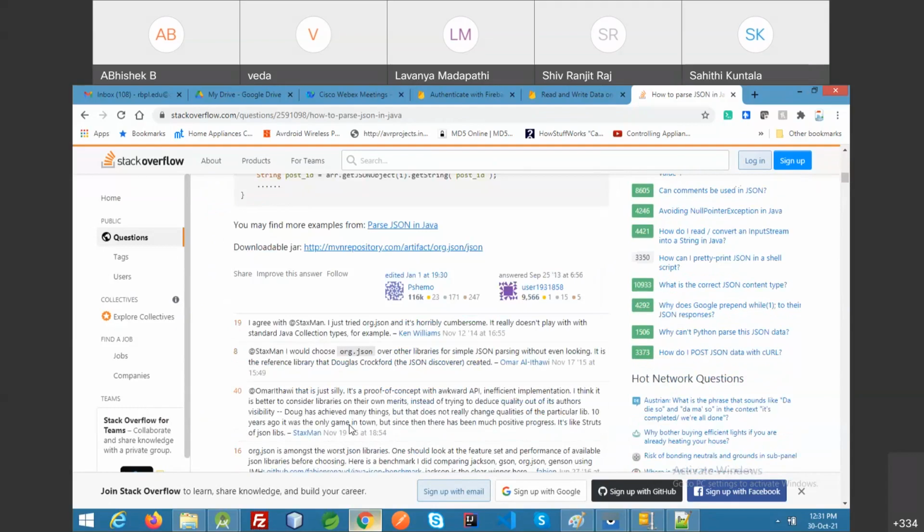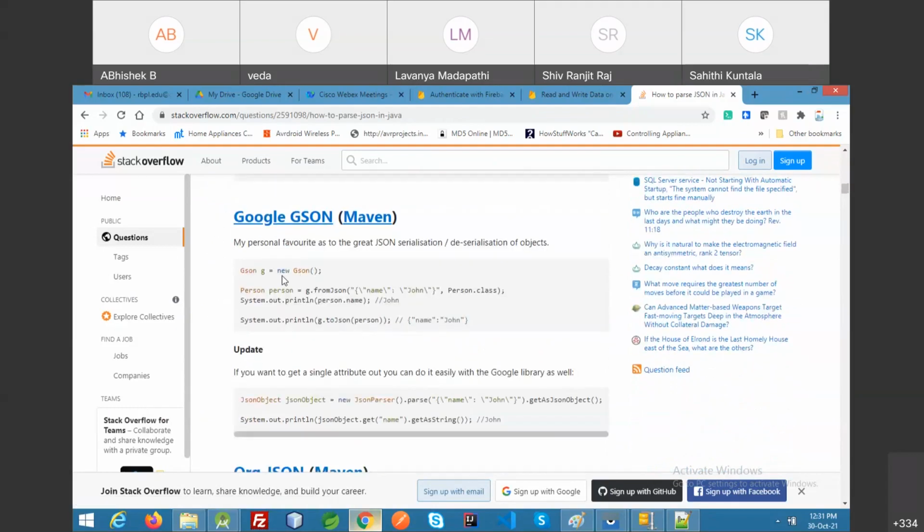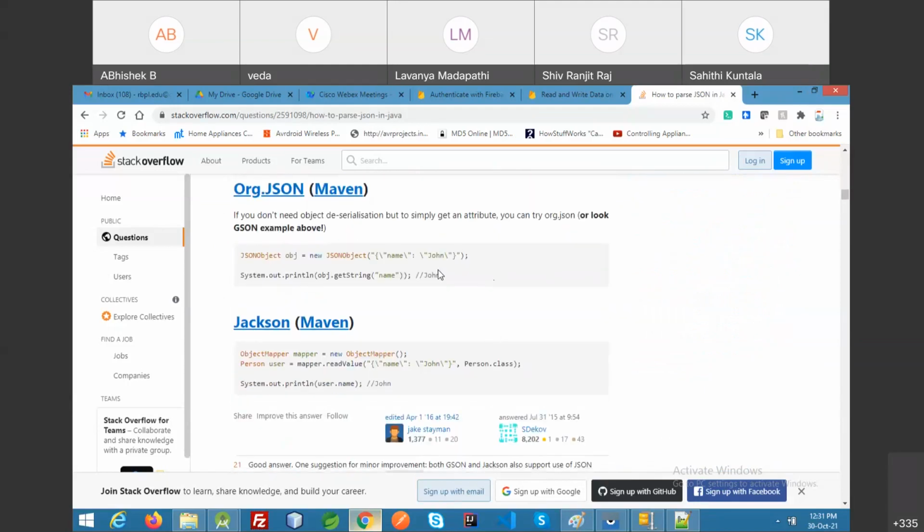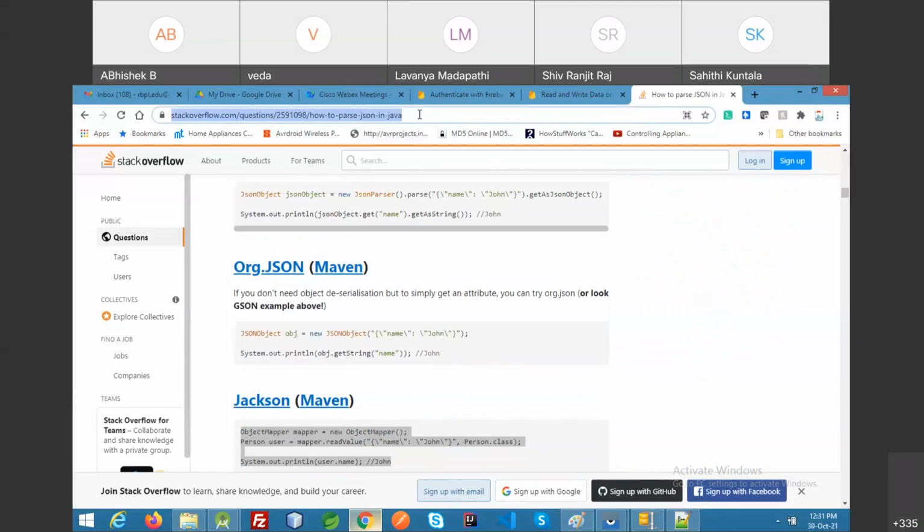But with Gson, you create a Gson object, call fromJson, and it converts the entire JSON into that class. You also have the Jackson library, with ObjectMapper. So there are different ways to parse a JSON.